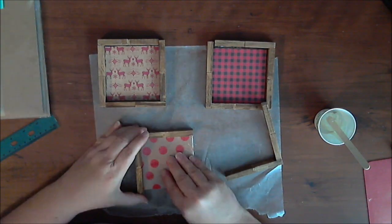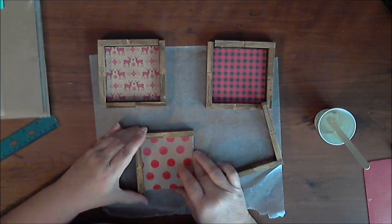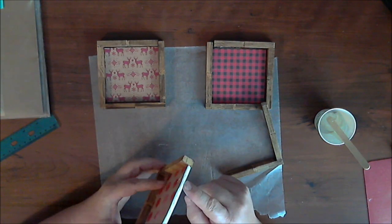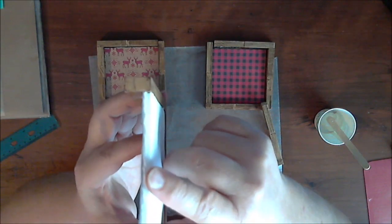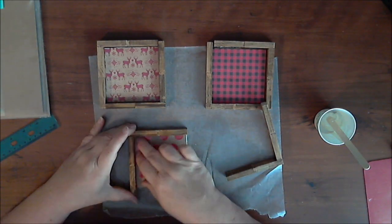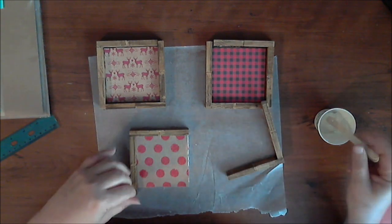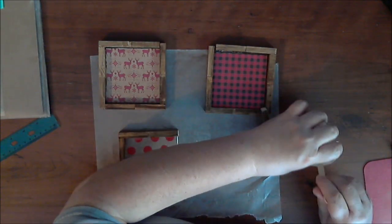I don't want that foam core being exposed on the edges because the edges are kind of ugly, if you can see them. I don't want those to be seen. So when you're pushing this in, make sure you're pushing down as well because the foam core sometimes likes to curl up. Then I'm going to take my gloopy glop glue,